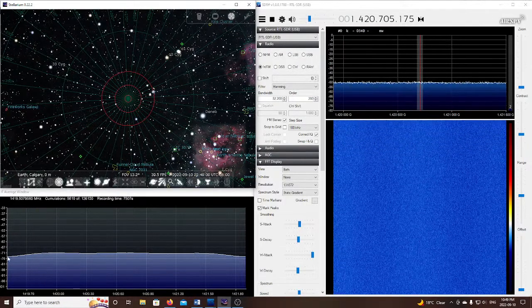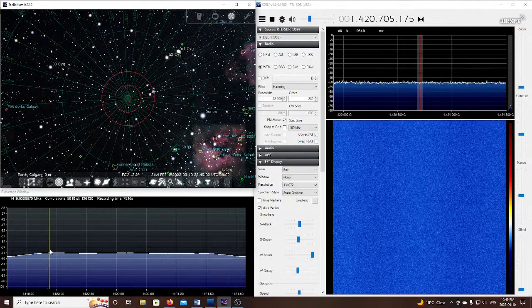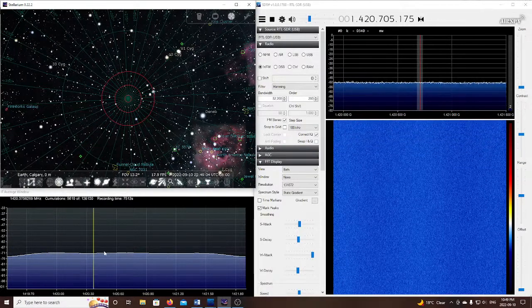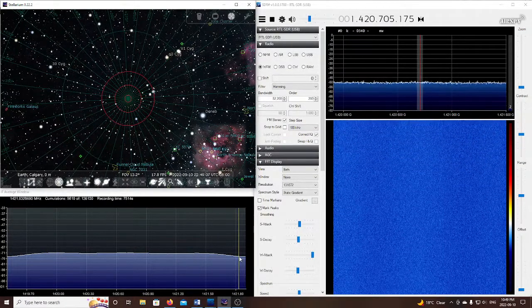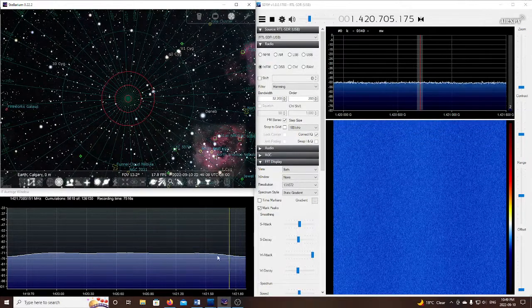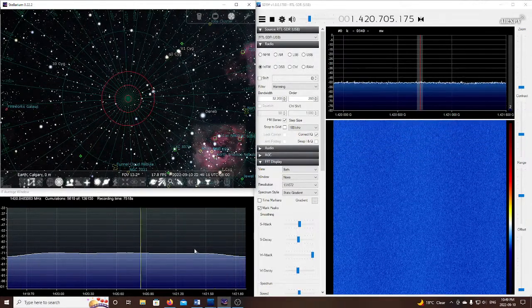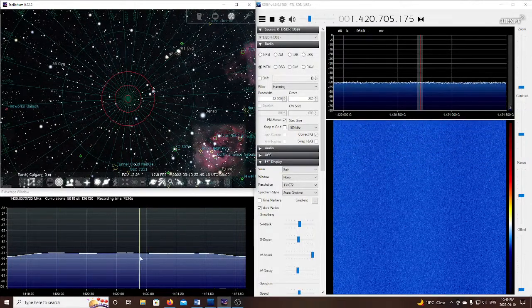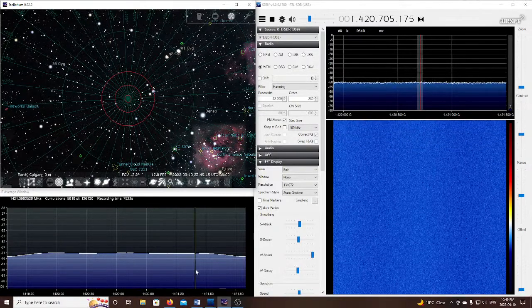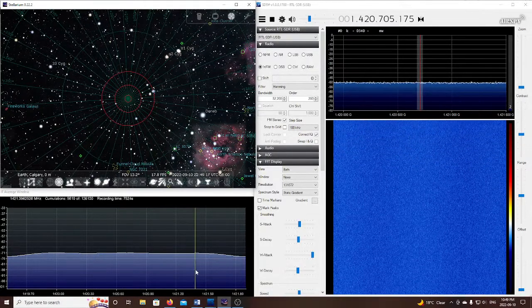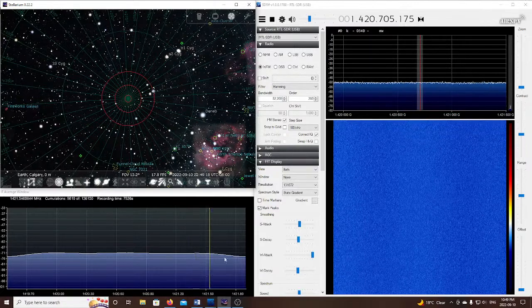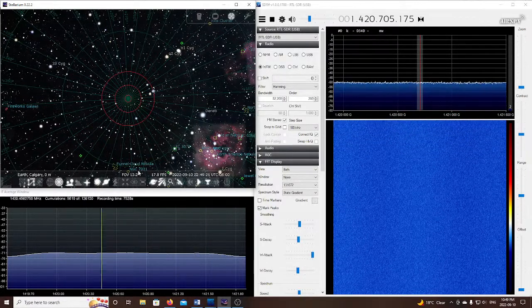Actually, looking at this here, at the IF average, I am seeing a bit more of a... I'll have to go back and look at this video afterwards to see, because it looks like we're getting a bit more of a hump here, as opposed to what it used to be. It just looks like it's trying to. So, even with this really crappy setup, it looks like we're getting some more